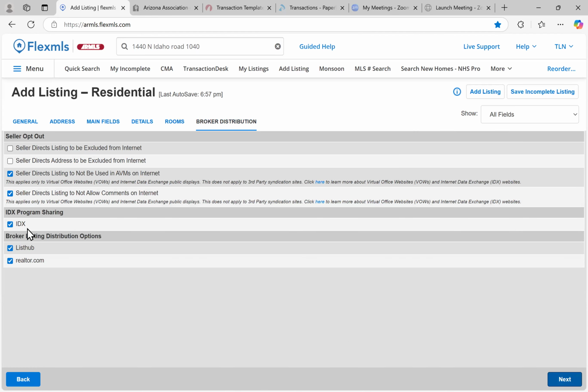This is going to be checked automatically for you. So basically what this states is that by entering the information into the MLS, it is going to push that data to realtor.com, Zillow.com, other sites like Trulia, whatever it might be. And that gives your client's home more exposure. So once you have completed these tabs here,